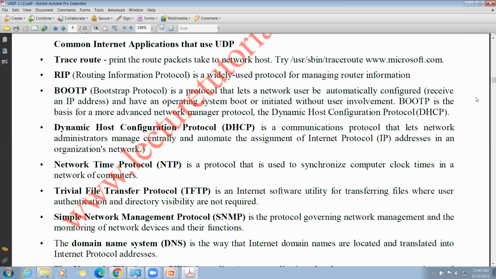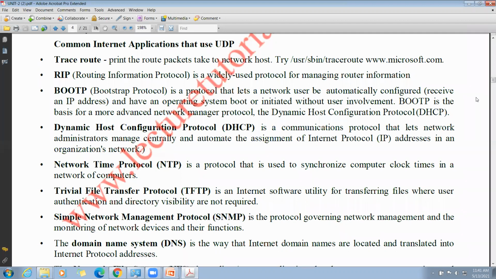From source to destination, the packet or datagram, whatever the message, needs to cross many routers. Suppose it reaches one router, it will follow the routing table. According to the routing table, it goes to the next hop and so on, until it reaches the destination. This is the routing information protocol, RIP.